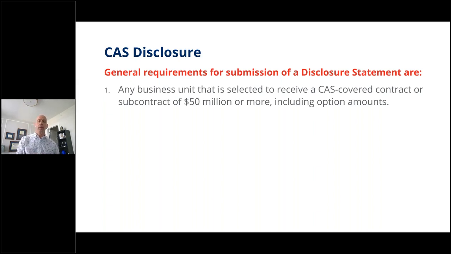That, again, is another key thing. When we talk about pricing actions in the government, people want to know, do we include only the base? Do we include the options? Now at the $50 million level we'd get up there, but sometimes even when we're talking about that $2 million threshold for truthful cost or pricing data, somebody will say, well, the base year is under that, but if I add in the options, it's more. If it's all being proposed and awarded together, even though the government is going to exercise the options separately, it's all part of the contract, then all of that adds up to the total dollar value.